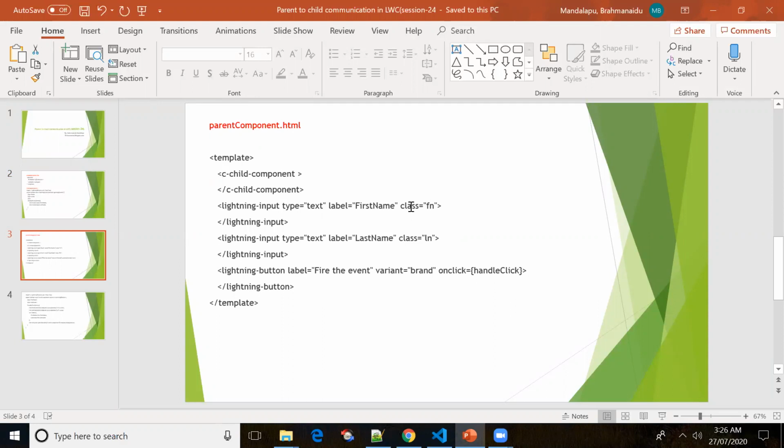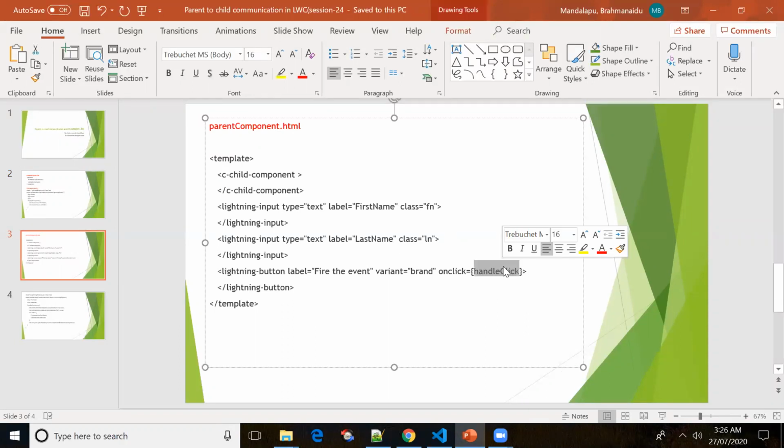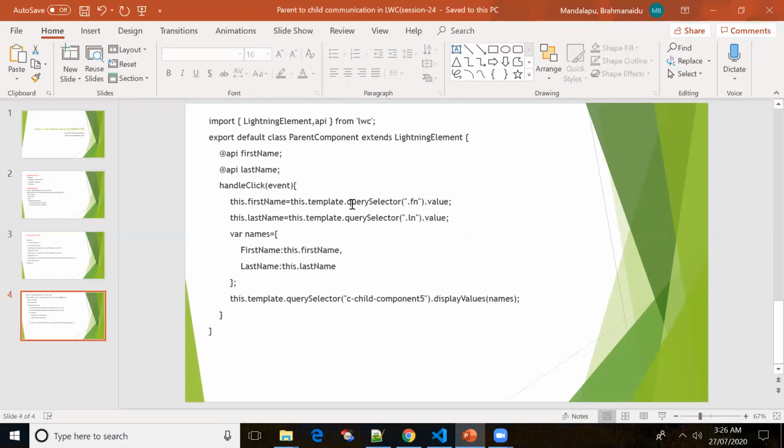I have declared a class and given some name to it, since I want to get the value with the help of querySelector. Without providing the class also, you can get the value by using event.target.value. On clicking of the button, I'll be getting the values.